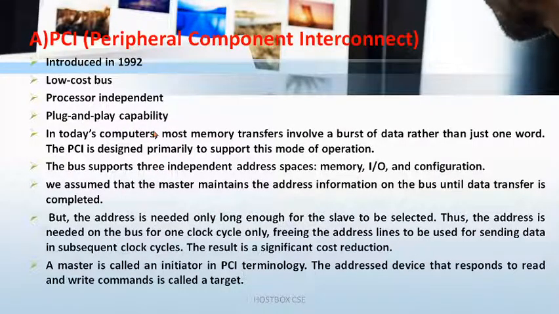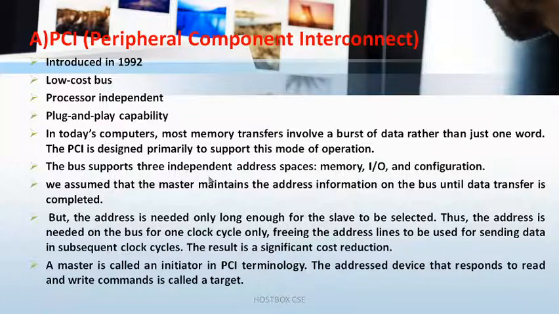Let's come here. So, plug and play capability is what? Whenever you connect to the computer, it ensures the operation is very fast. For example, if you connect a keyboard, what happens? You can activate it immediately. That's with the help of PCI only, for a peripheral device in the computer. We can connect it and the data transfer happens as soon as possible, immediately. If you don't connect it, it is disconnected. If you remove the keyboard or the mouse, what happens? It will disconnect automatically. Whenever you connect, you can do the operation. That is called plug and play capability.